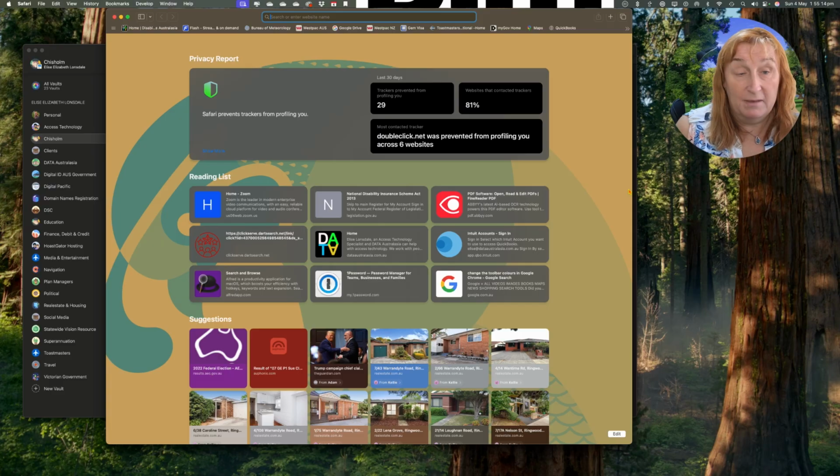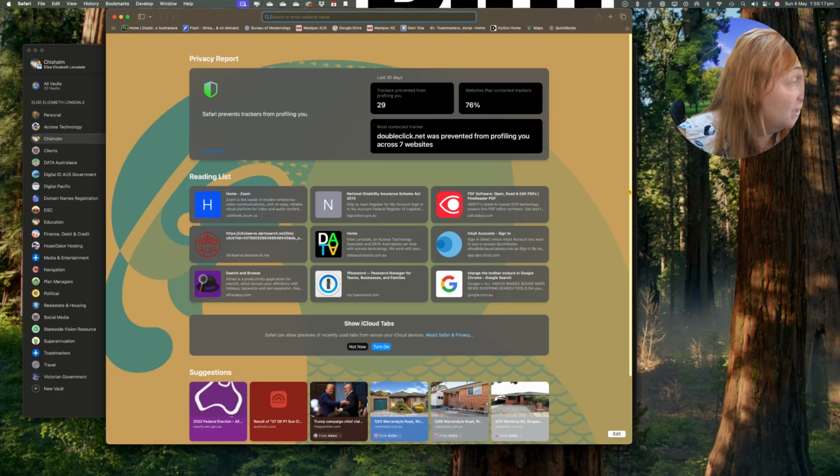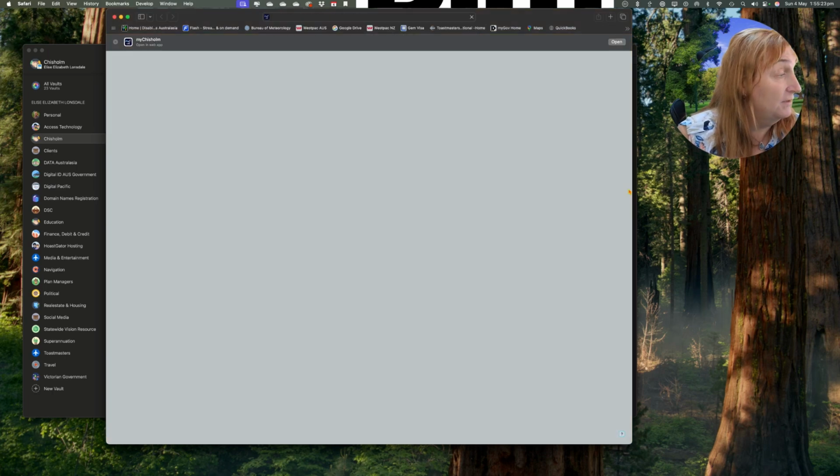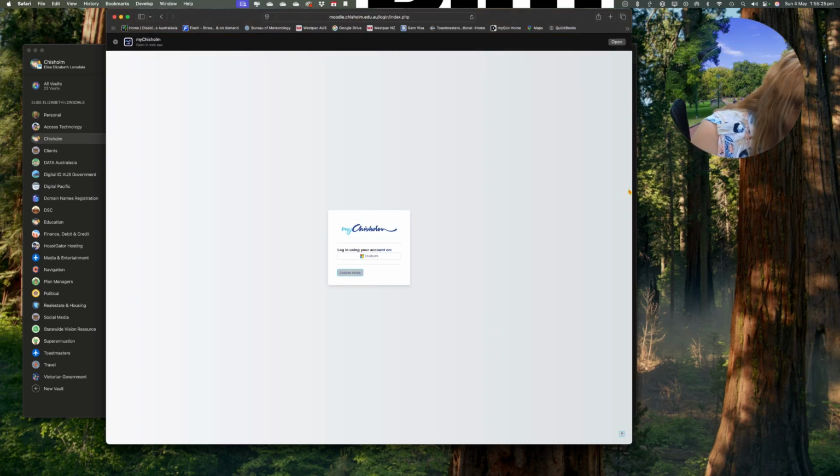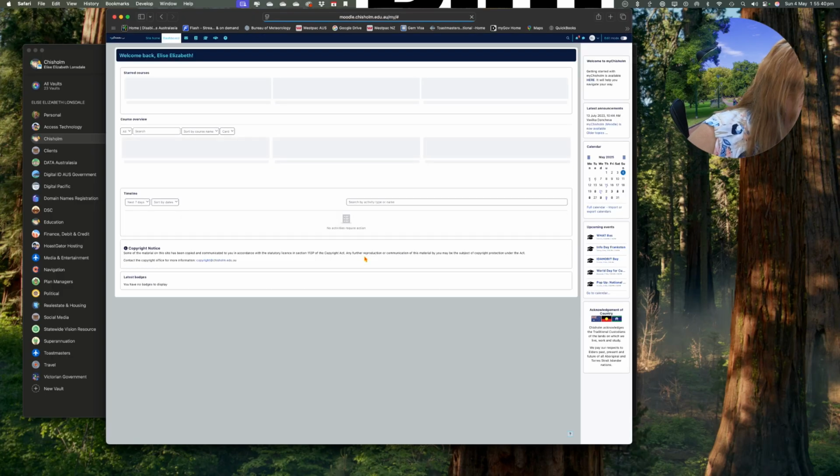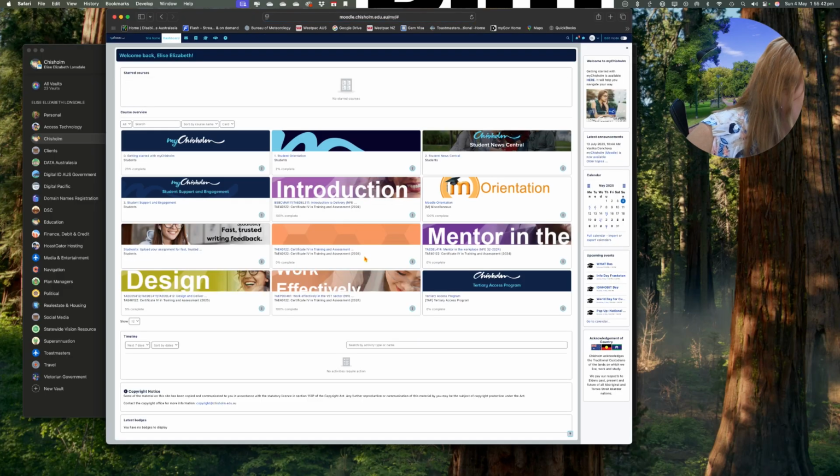Okay, Safari's now up and running on its home page, so I'll set focus to the address bar by going Command L and then Command V to paste that URL into the Safari web browser. And it takes me to, for our students at school, an all too familiar login screen, which is a Microsoft login. So sometimes you may have more than one of these. So I'm going to select the one that I have, and it's the only one I have, and that is the Chisholm logon. And it's going to come up straight in because I've been in there before, and I did